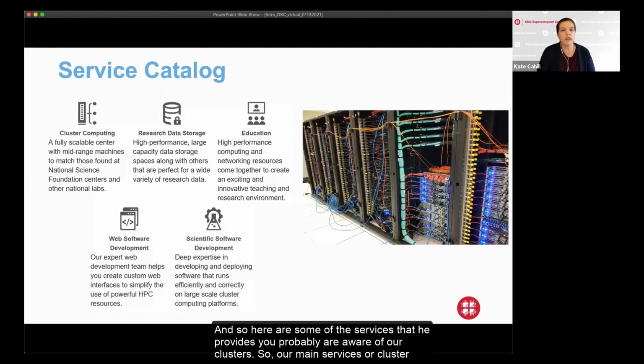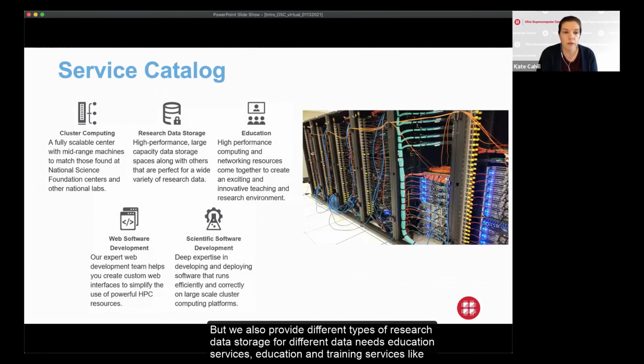And so here are some of the services that OSC provides. You probably are aware of our clusters. So our main services are cluster computing, but we also provide different types of research data storage for different data needs. Education and training services like workshops, and support for using HPC in education in different ways.